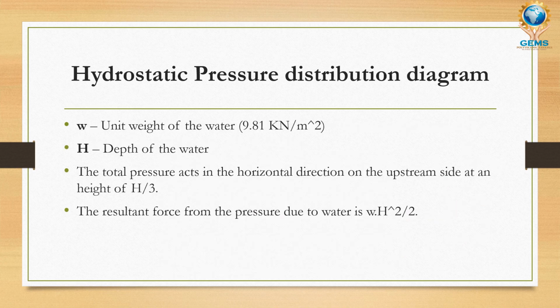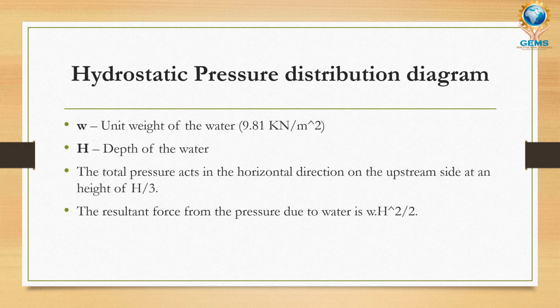Fine. In the previous slide, I explained what the hydrostatic pressure distribution diagram is and what case 1 of the hydrostatic pressure distribution diagram in a gravity dam is. I'm going to explain it again. When the dam is vertical and the water surface present behind the dam has an intensity of 0, then the pressure is equal to W into H. Understand it carefully.